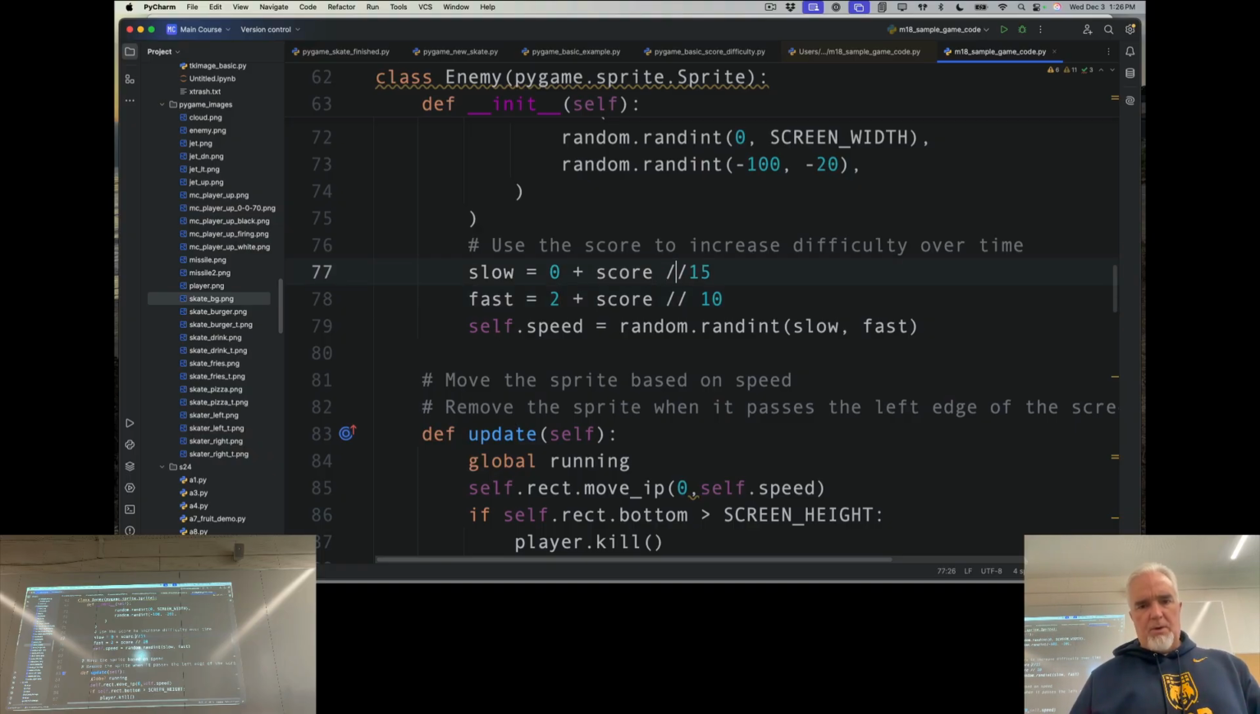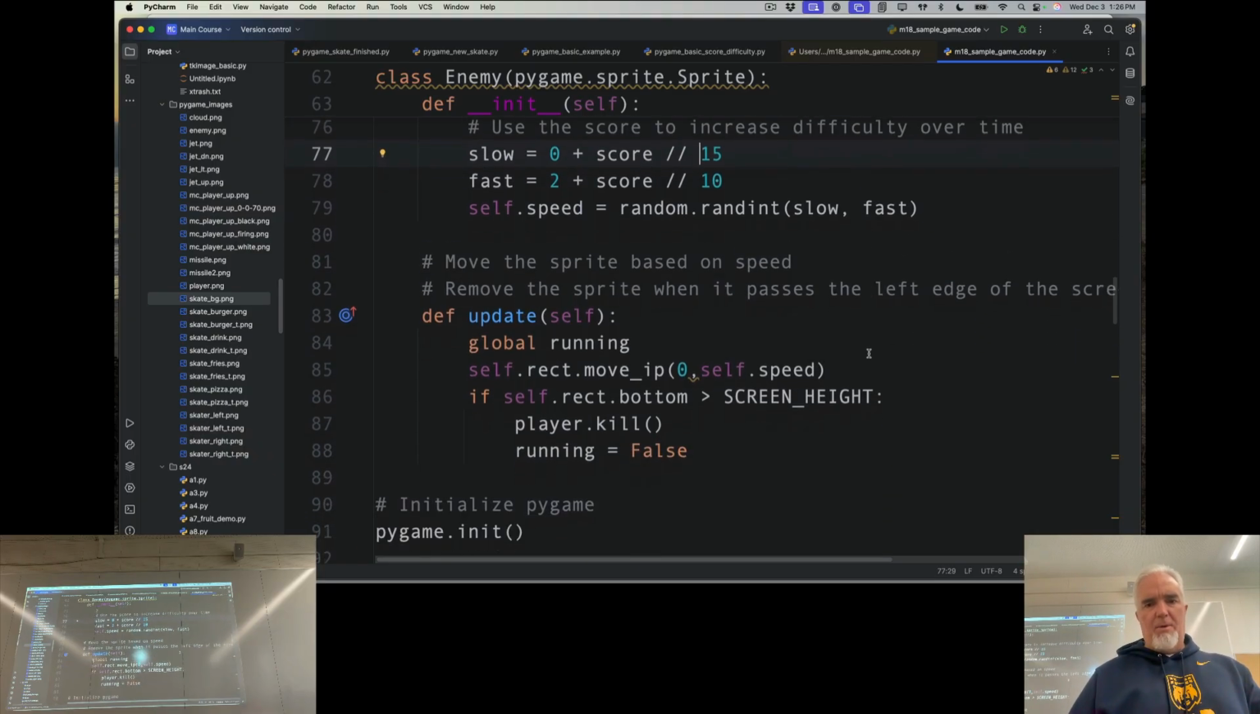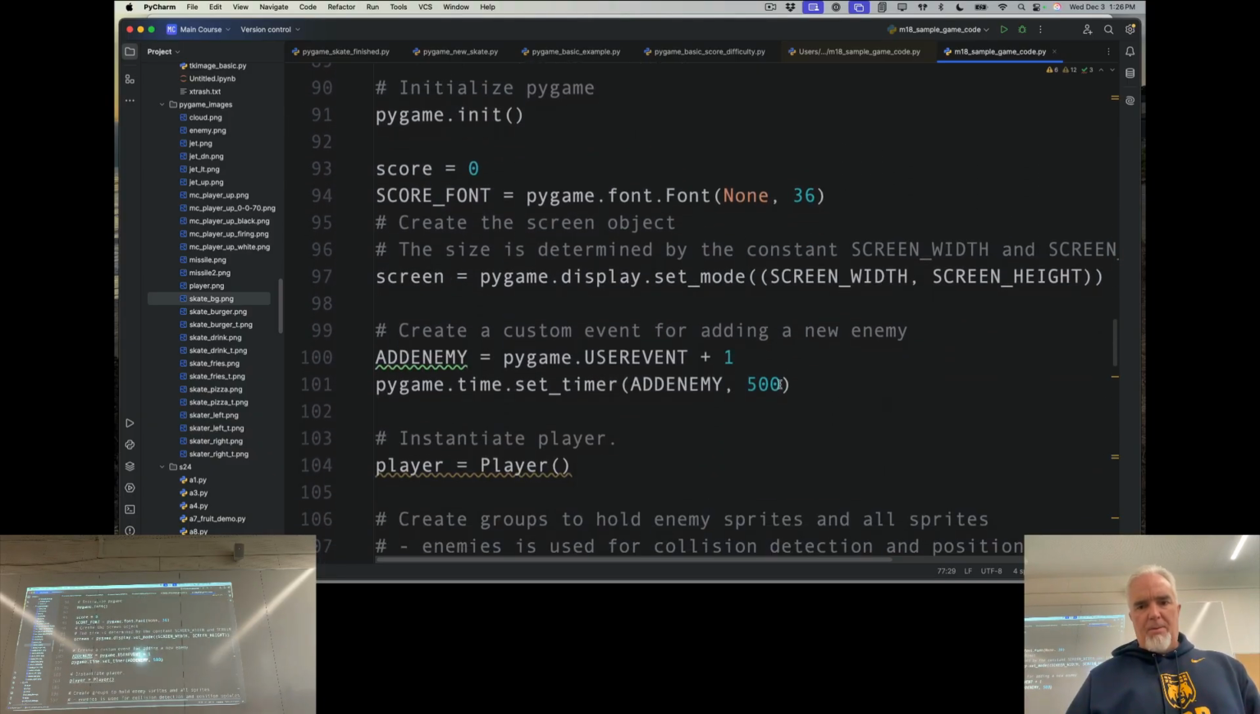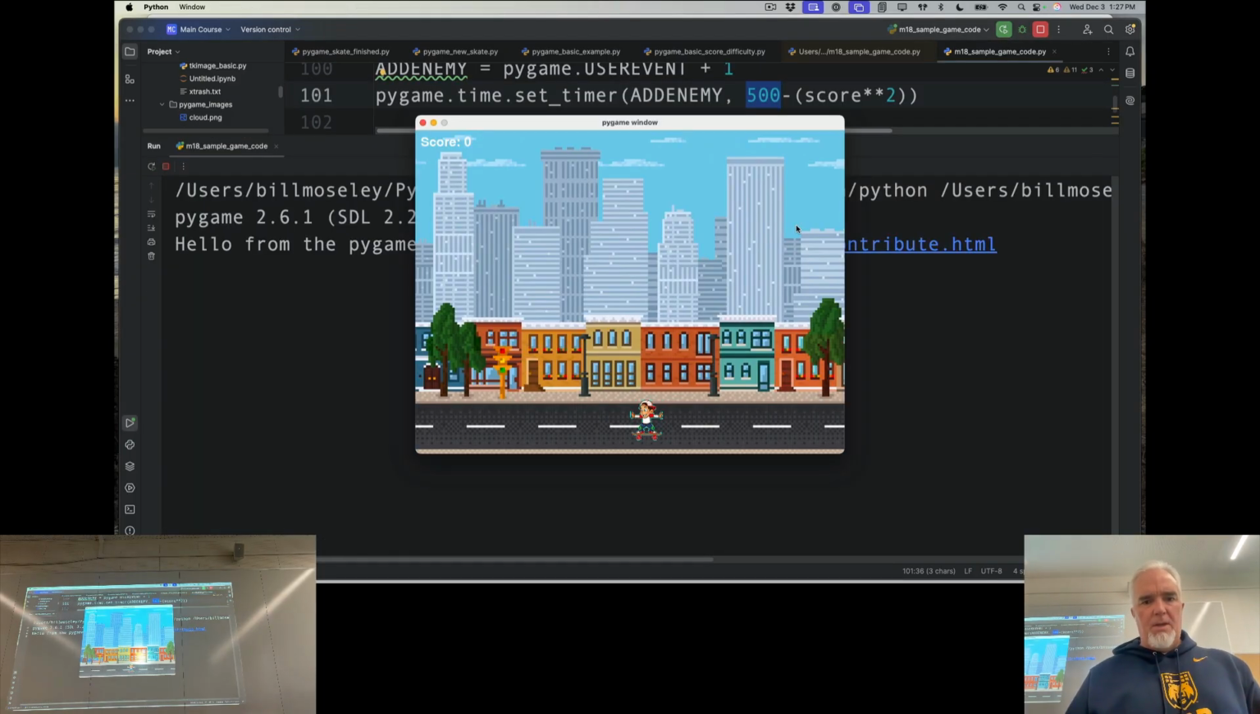And this is related to the score. So they won't get faster until the score goes up. But what I might want to do is minus score here. So if I say score to the power of 2 or score squared, then it'll square the score and subtract it from that, which means it will start coming faster very quickly. So if we play the game,